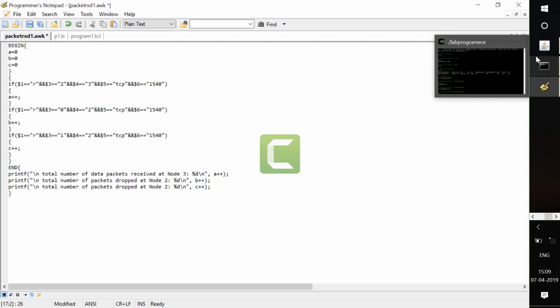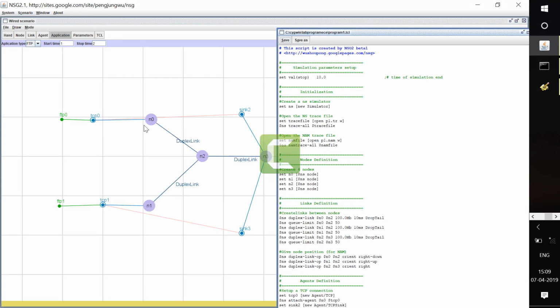Received packets: all the packets that are sent from N0 will reach N2, and packets sent from N1 will reach N2. So totally the packets sent from N0 and N1 that reach N2 will reach N3. Whatever packets are received at N2 with respect to N0 and N1 are the packets sent from N0 to N2 and N1 to N2.